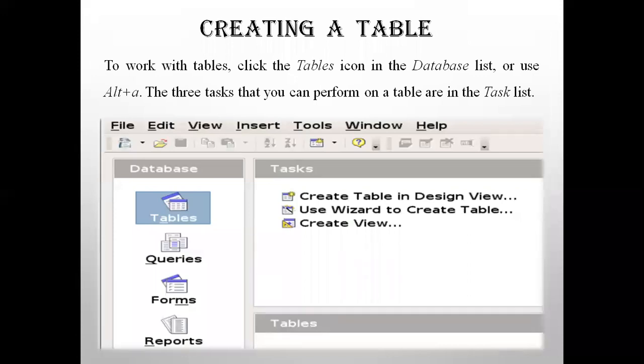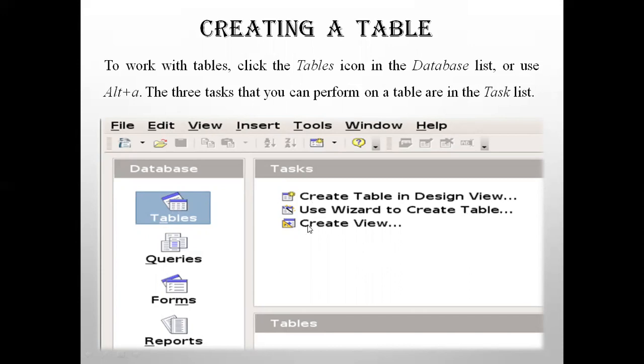So first, you have to open the database. Your LibreOffice application will be installed on the desktop or in Start Programs. Go to Start Programs, LibreOffice. This is already taught in the previous session, how to open a database, how to create, how to rename a database, how to delete. Now we are learning the objects from the database. So first one we are learning is the tables. So this was the left pane and this was the right pane. This was explained in the last session. So you have to click here on the tables icon.